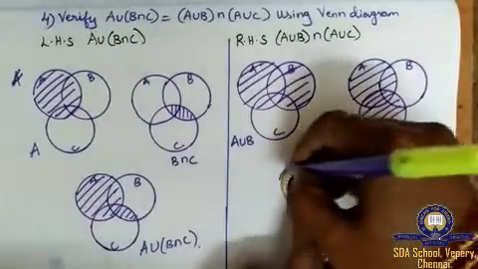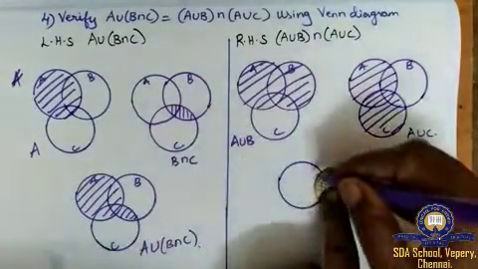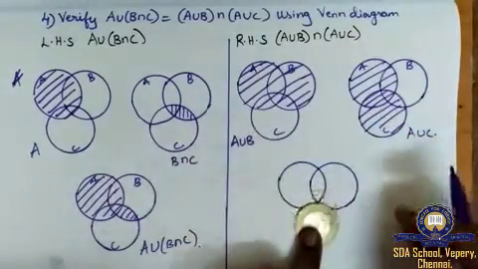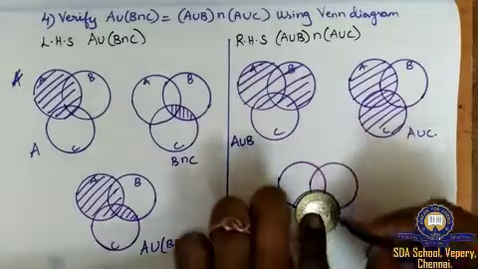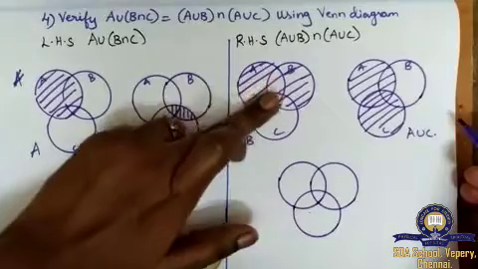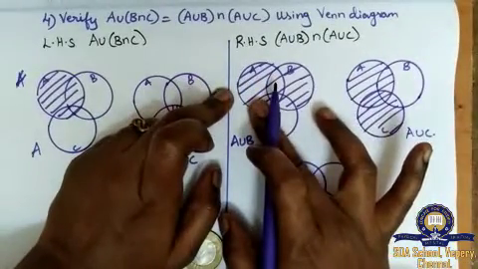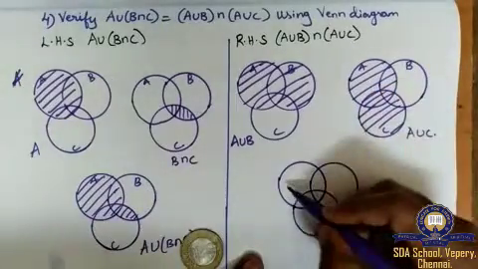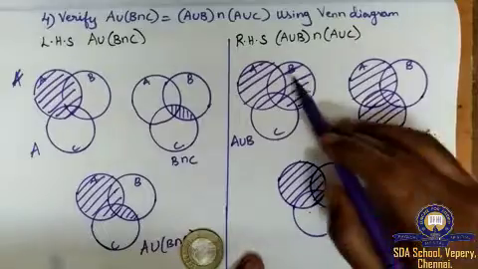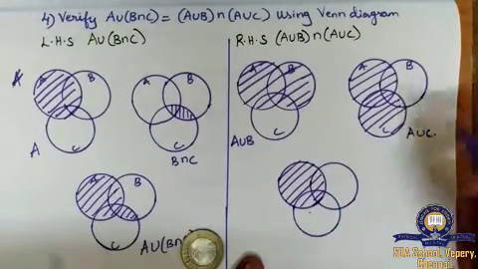We have to see which is common in both things on the right hand side, and then you have to draw. See and tell me before I finish the circle. Yes, many are guessing the answer. See, this full A part is common here. This also has full A shaded. Here also full A is shaded. So I'll draw the full shaded A part first. Then see, here the B part is shaded, here not shaded. Here this part is shaded, here also this part is shaded.